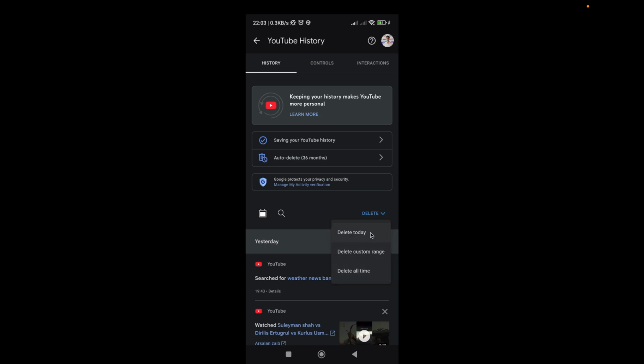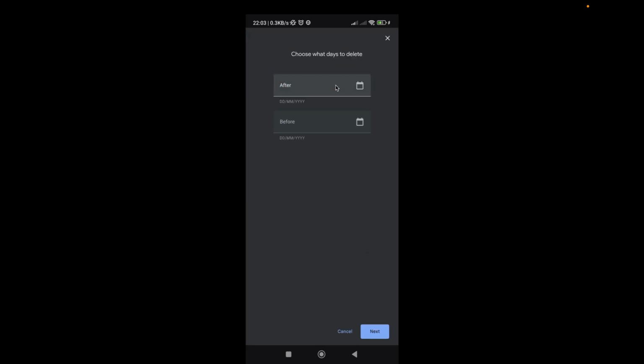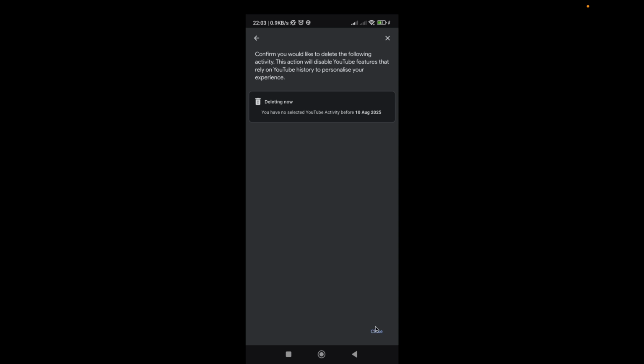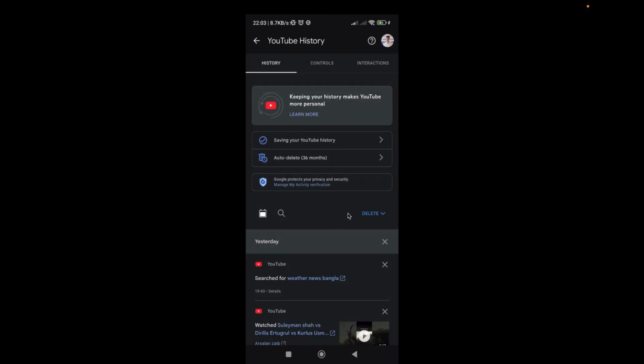So here I'm going to choose delete custom range. I'm choosing a before date, for example, 10/08/2025 and after 12/08/2025. I want to delete from this date to this and clicking on this next button, and that's it. I've successfully deleted them. On the other hand, if you want to delete all of the history, then you can